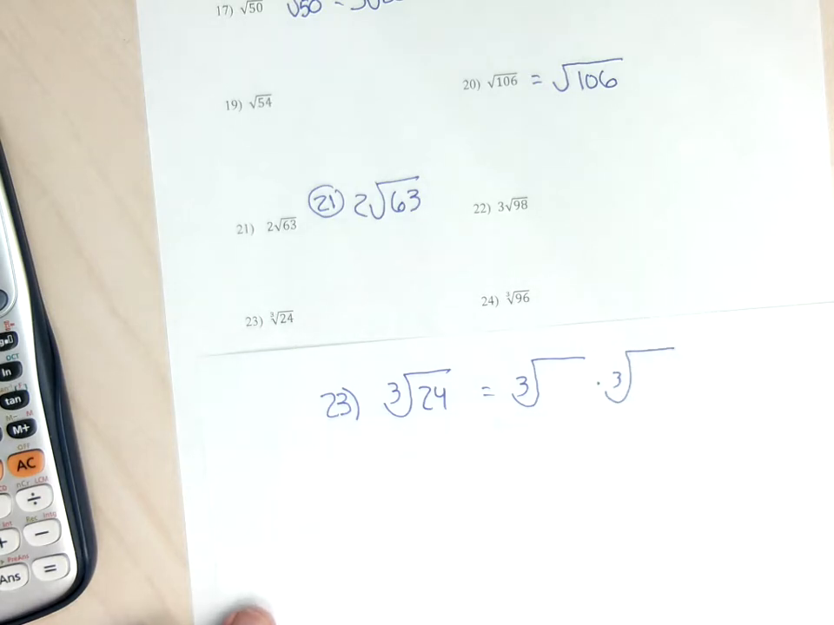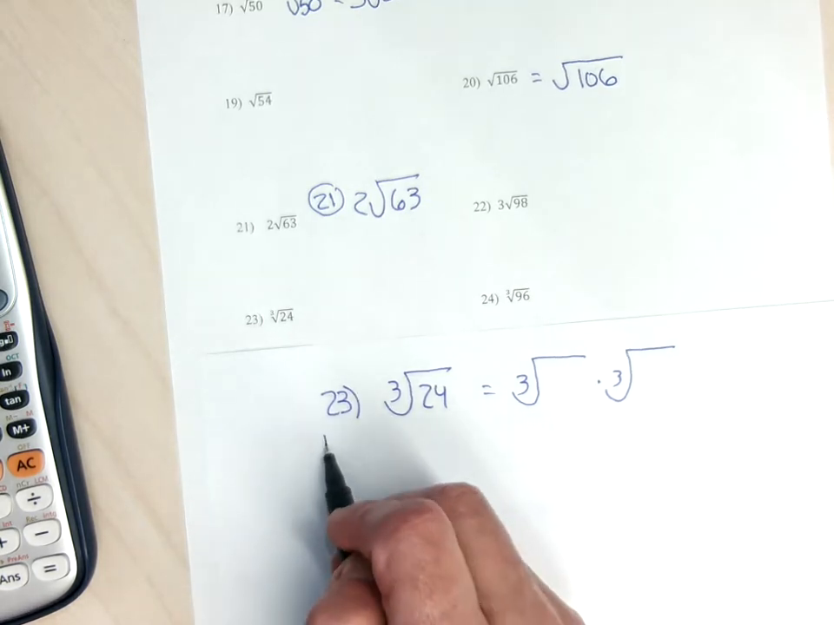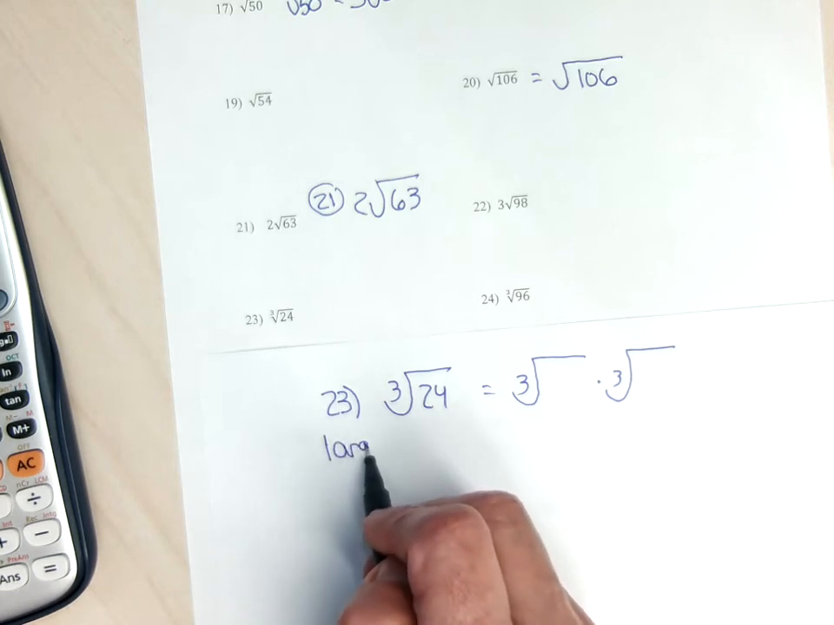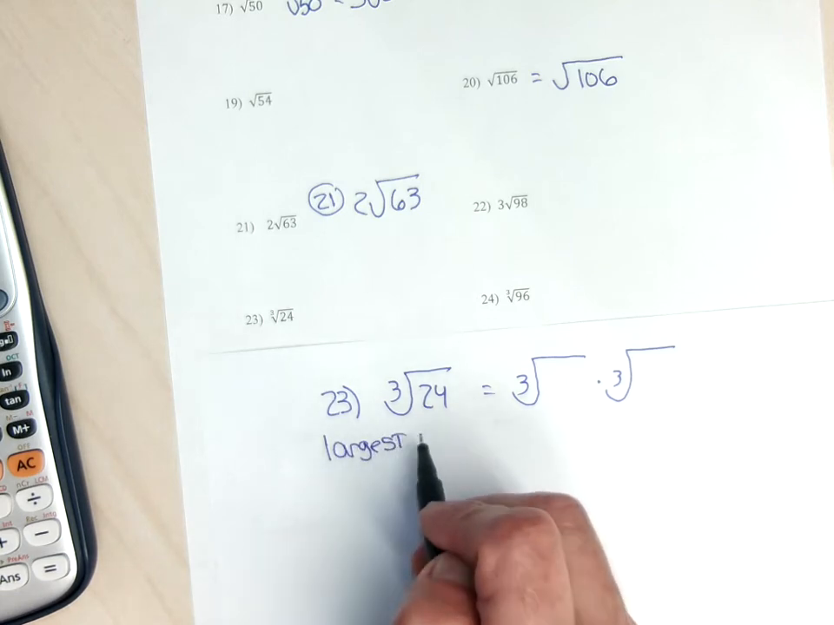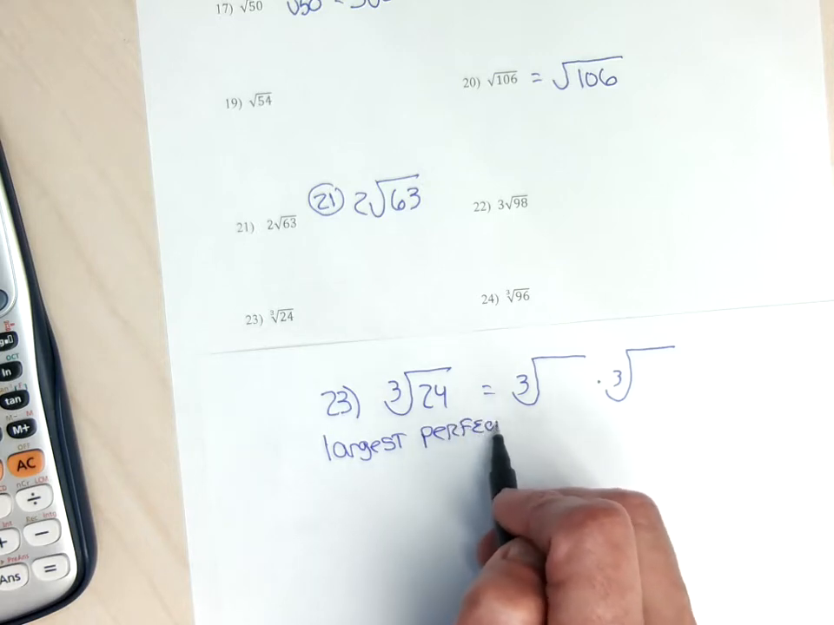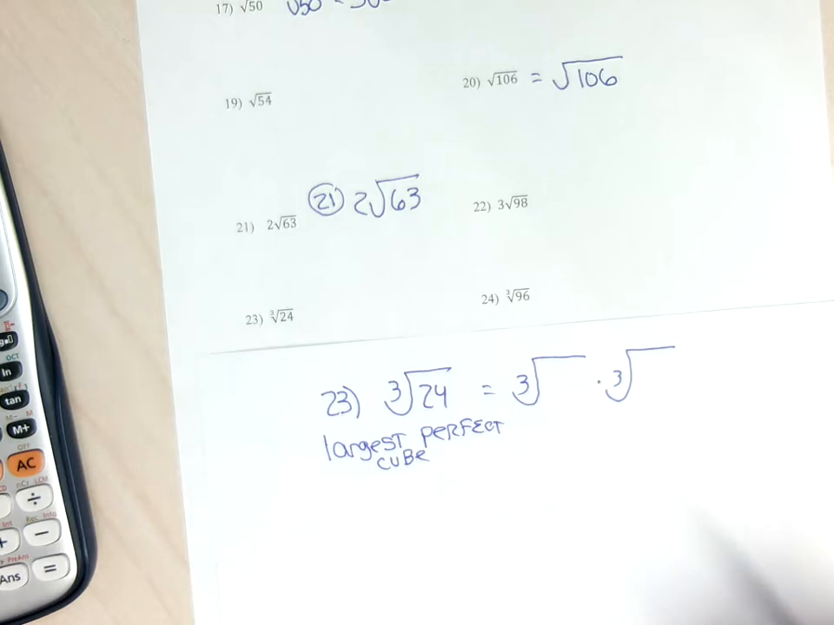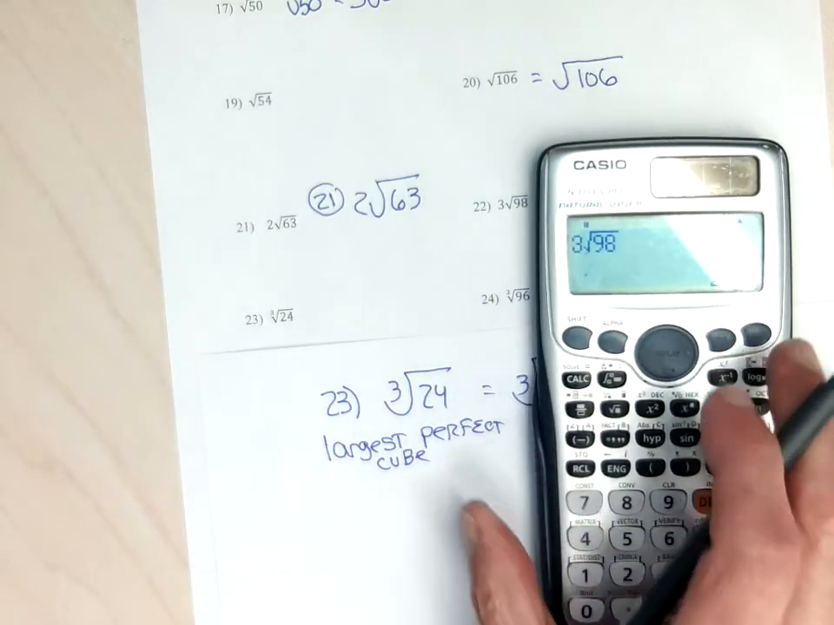If I want to solve this like I did breaking up the square roots with 2 radicals, I need to find the largest perfect cube that divides evenly into 24. So if I want to do the non-prime factor tree approach, I'm looking for the largest perfect cube that divides into 24. And my perfect cubes are